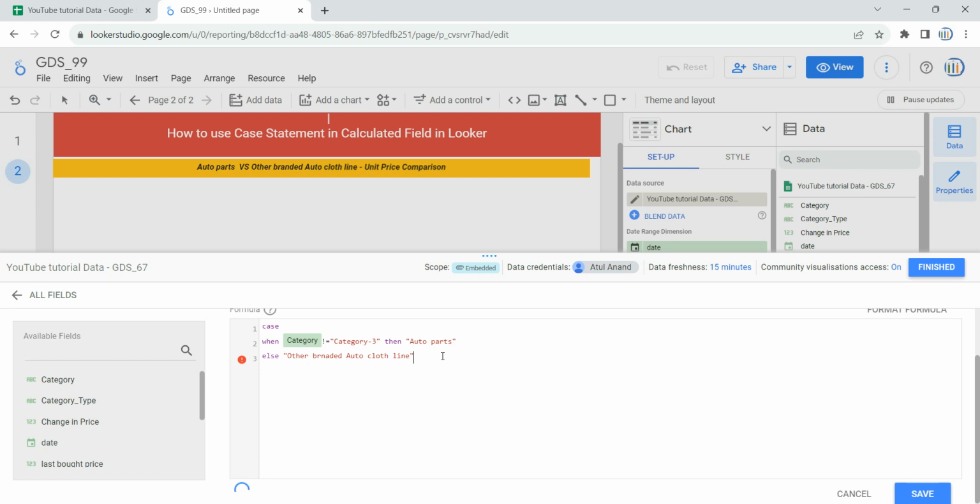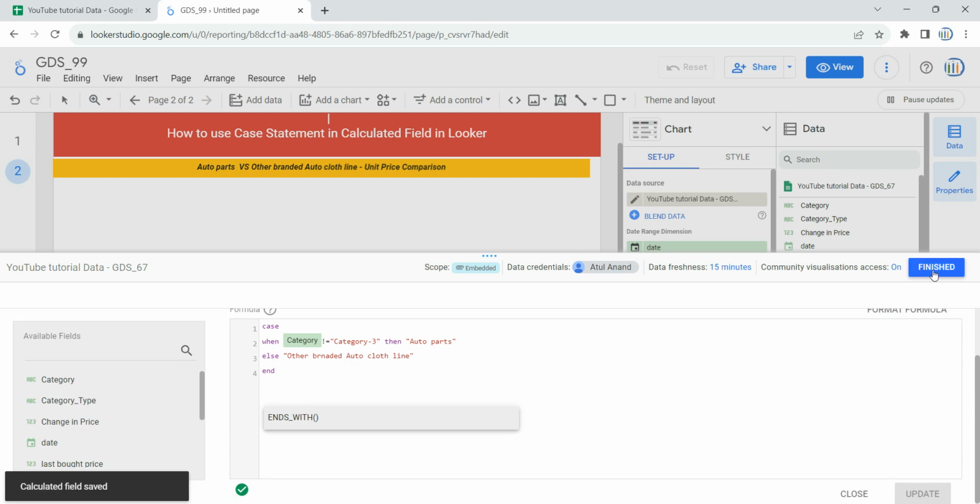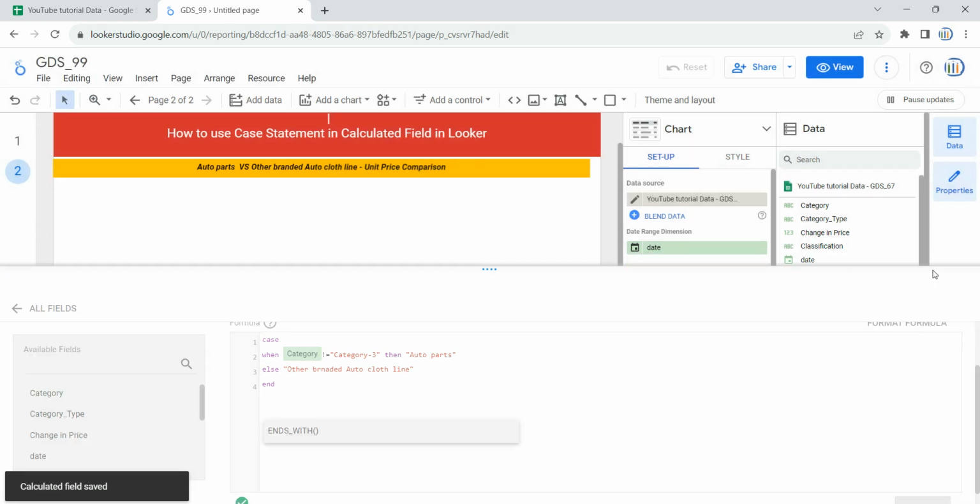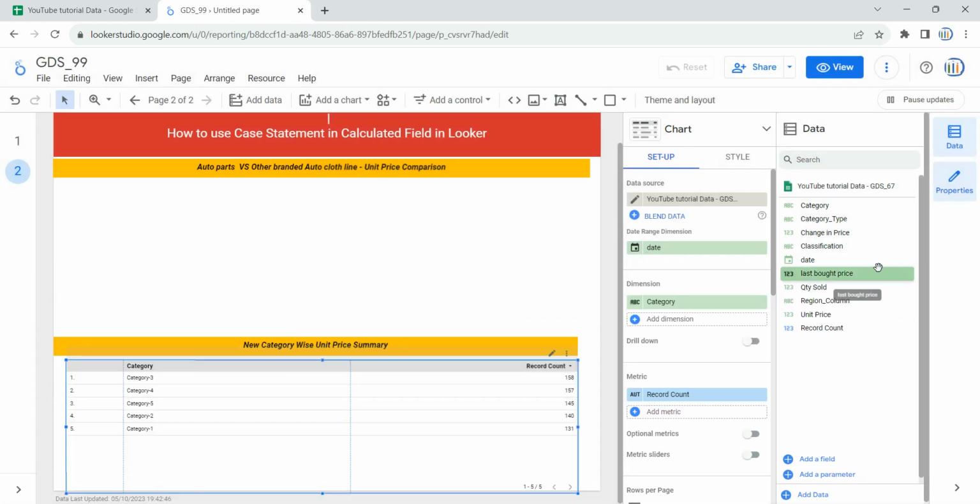After this we are going to give the end statement, which will tell Looker that this case statement has ended here. Then we are going to click on save, and we have to click on finish. The moment you click on finish, you will see that you have a new column named classification over here,